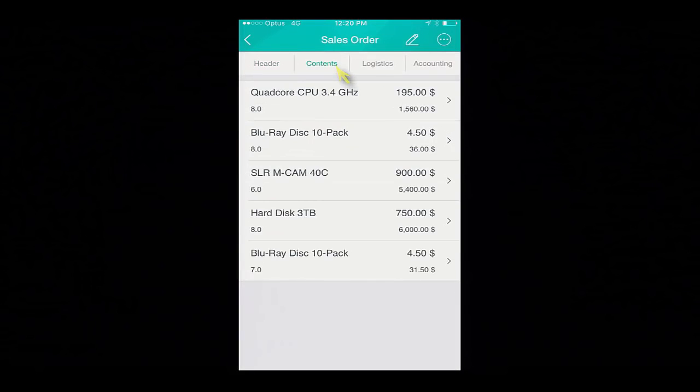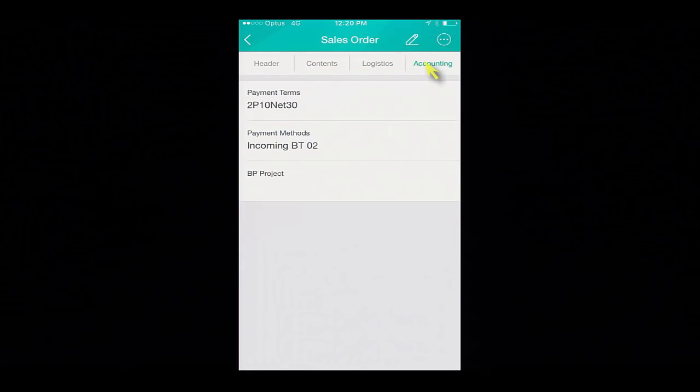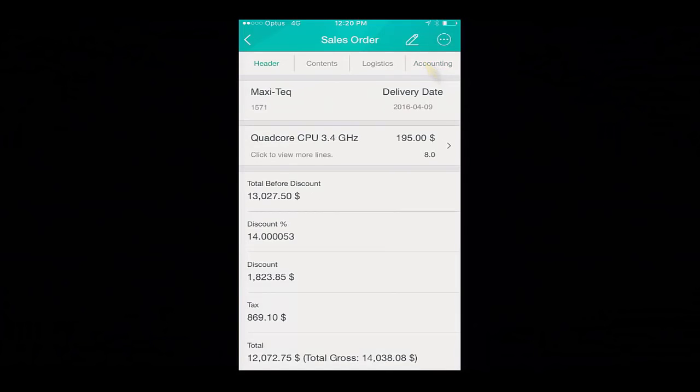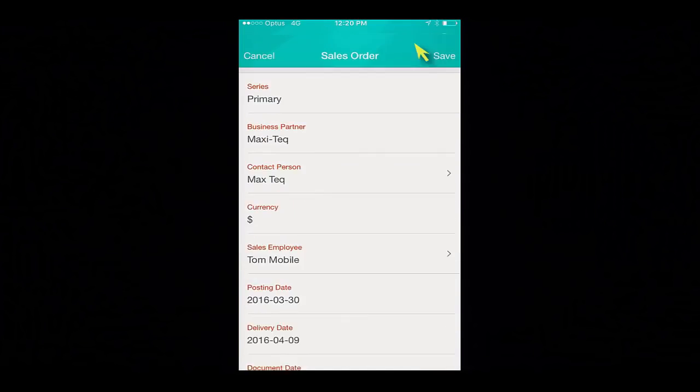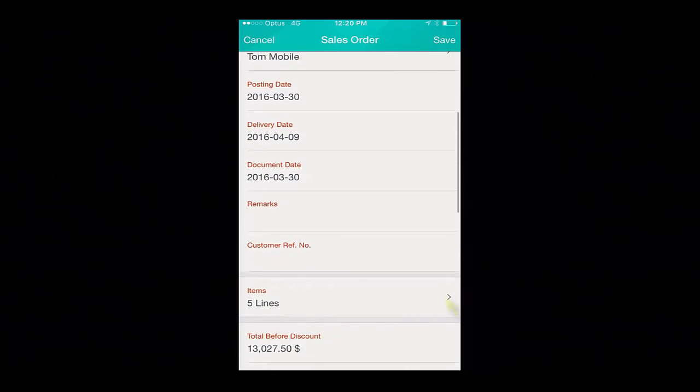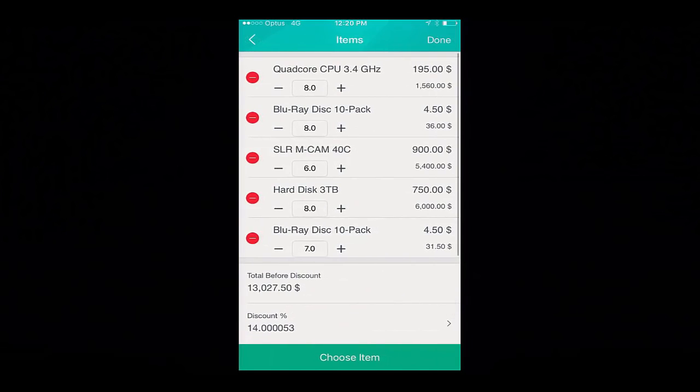Here we can easily see the contents of the sales order. We can also see the logistics details and any of the accounting details. By selecting the Edit button and scrolling down to the Items section, we've got the ability to amend the order items. So I reduce the quad-core CPU by 1 and I increase their hard disk requirements